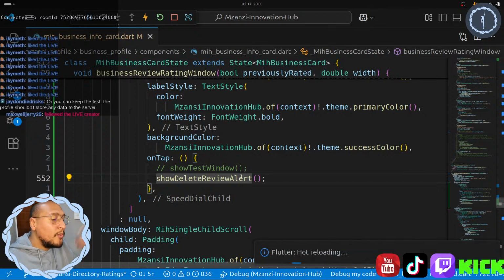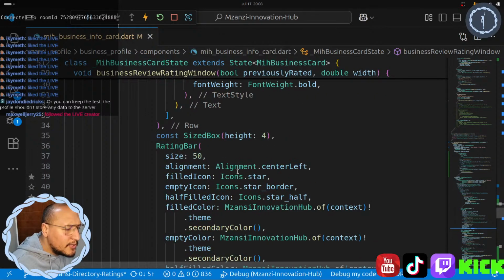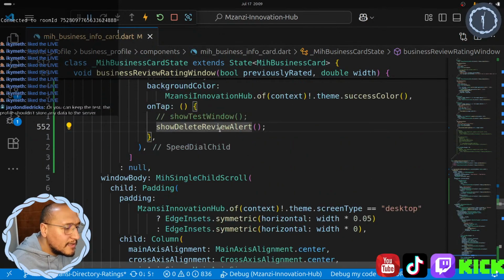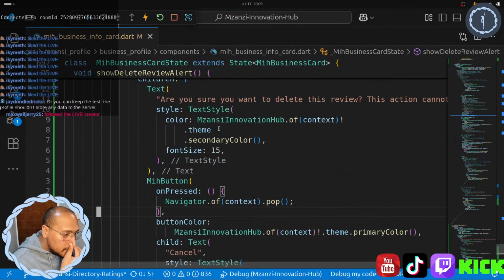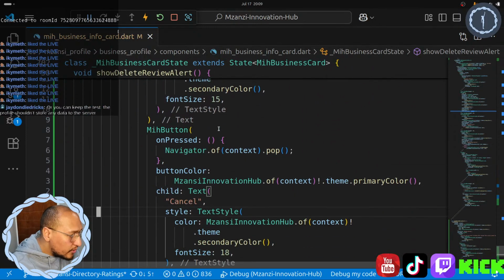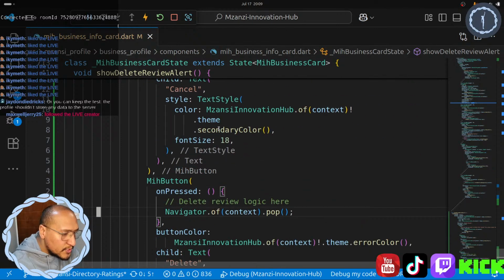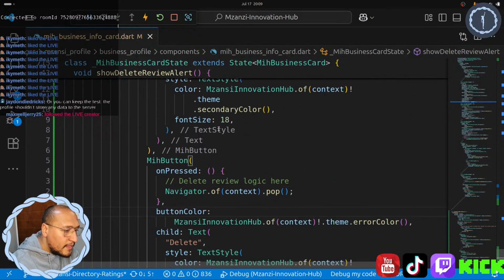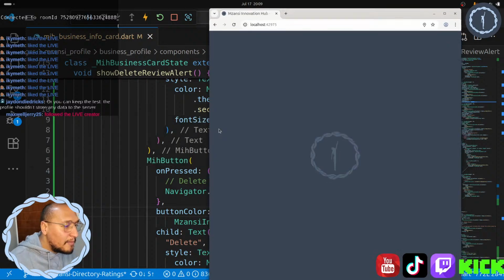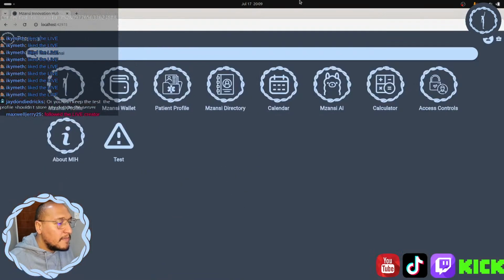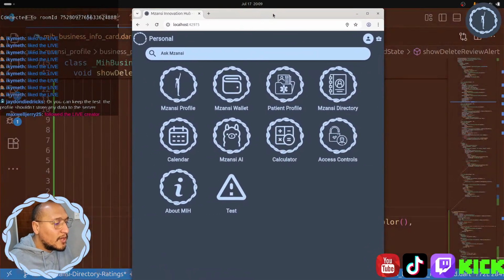Perfect. So now when we click on the delete button, we should have a pop-up. And let's see what that pop-up does. I don't look at the buttons because Copilot did it for us. So in the cancel button, it's just gonna remove that alert for us, which is okay. In the click on delete button, it's also gonna pop it. That's perfect because we don't have the functionality for that at the moment. So we can head back over to the test, make it, yeah, I like it small like this.